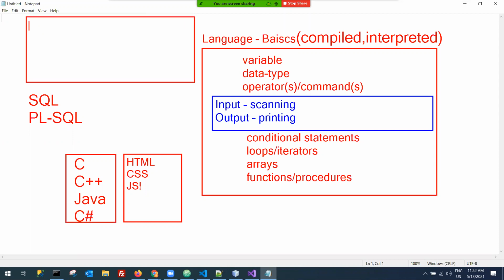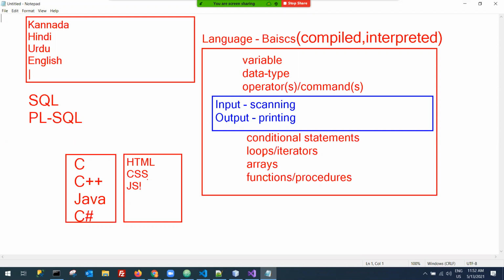learning languages like Kannada, Hindi, Urdu, English. You have n number of languages to communicate with human beings. Exactly the same way, we have n number of languages to communicate with computer. As simple as that. So if I'm a person who was born in